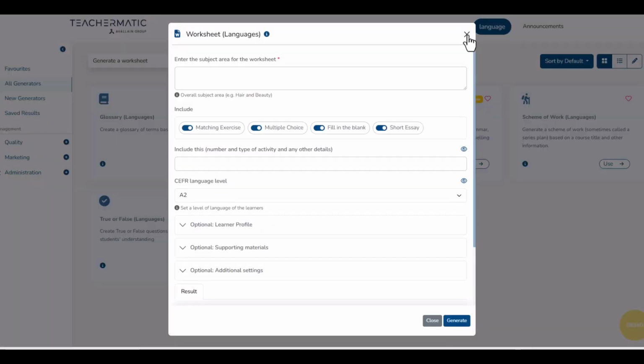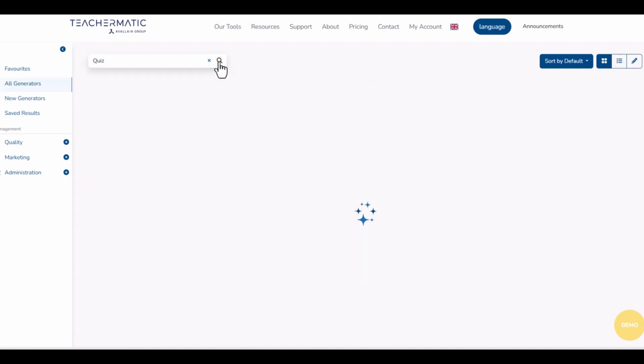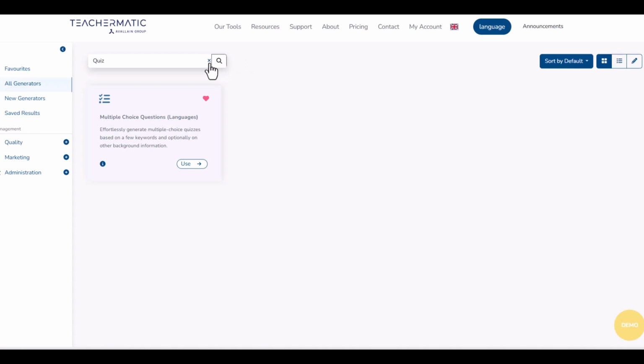content immediately. The other way is by entering a specific keyword, and it will search for that keyword in the titles and descriptions of all available generators. For instance, if you type quiz, it will show you every generator related to quizzes. This ensures that you can find what you need quickly and efficiently without having to browse through all the options